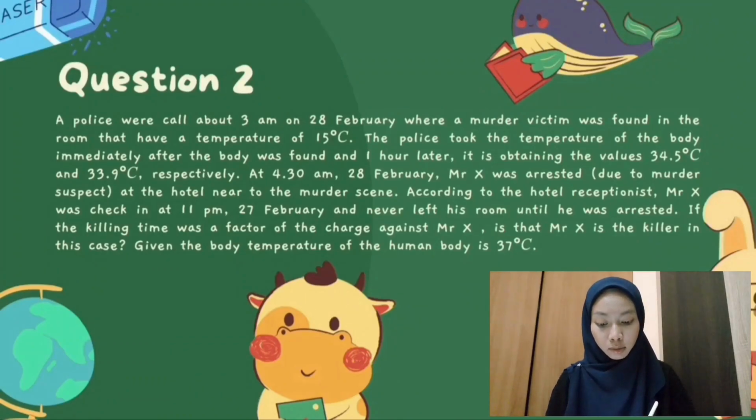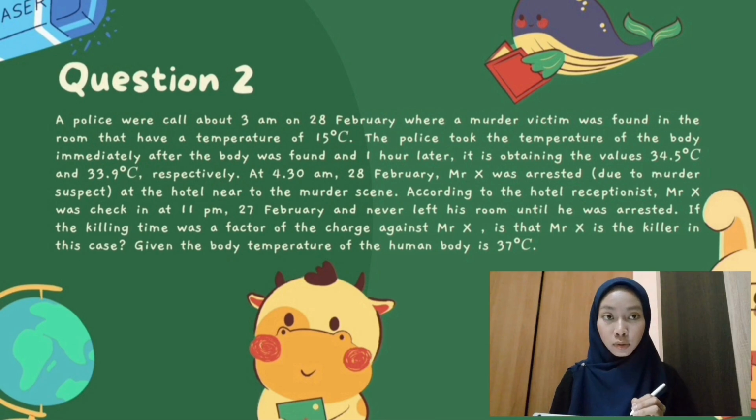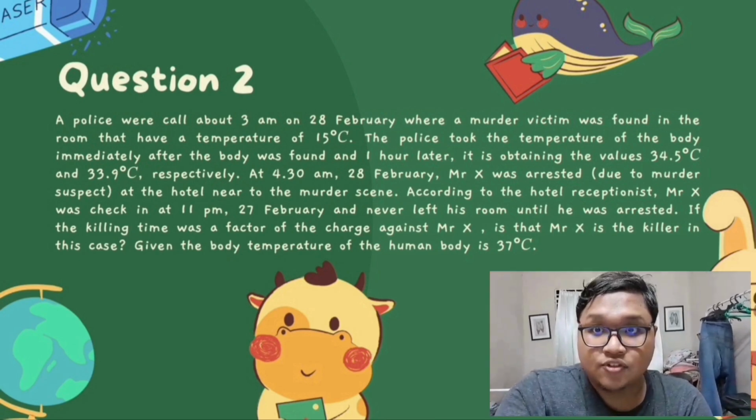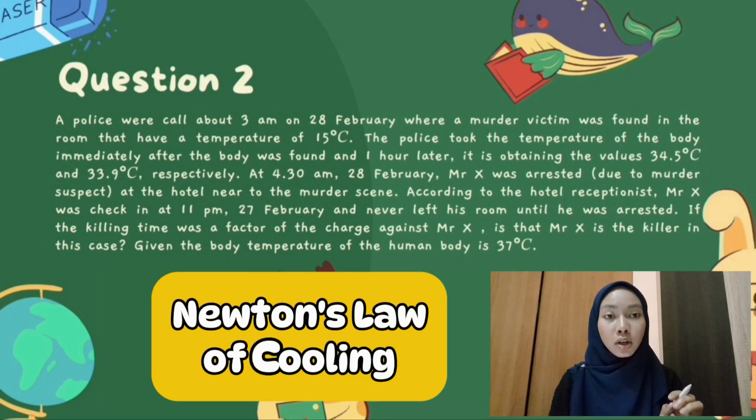For this question, we need to determine whether Mr. X could be the killer in this case. So, what formula do we need to use? Newton's law of cooling. Yes, Newton's law of cooling. Because it describes the rate at which an object changes temperature in relation to its environment. This law can help us estimate the time of day based on the cooling of the body